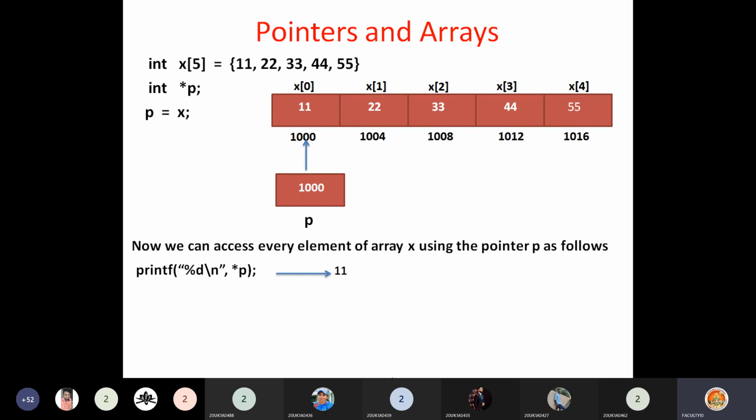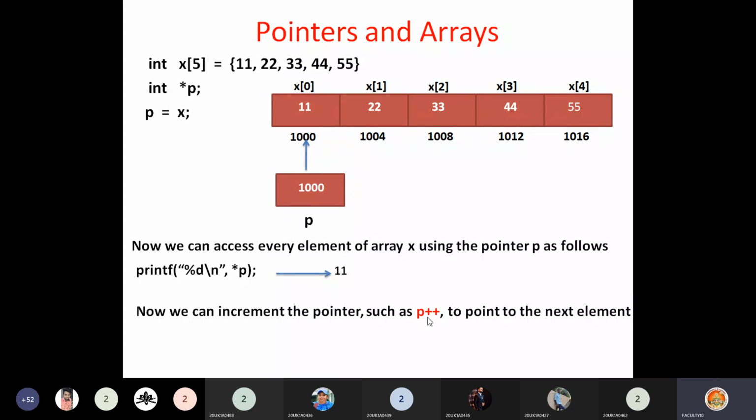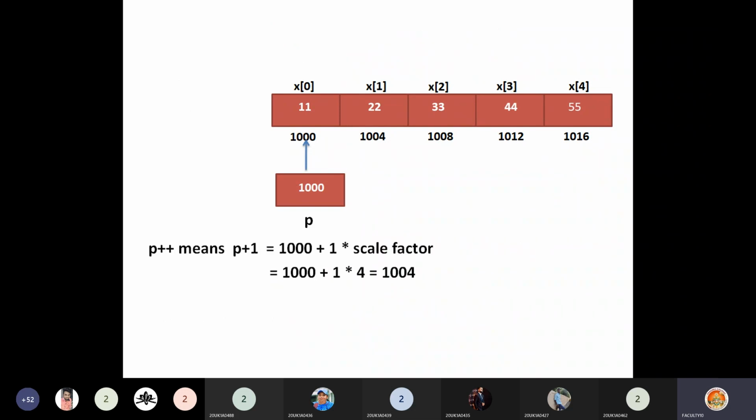So this prints 11. And now after printing the first element, you want to move to the second element. How can you move? Just by saying p++. Increment the pointer. Pointers can be incremented, please remember. When you say p++, it means p plus 1. For pointers the calculation is different. It is p, which is 1000, plus 1 multiplied by scale factor.